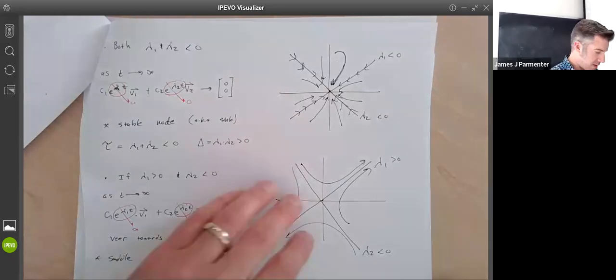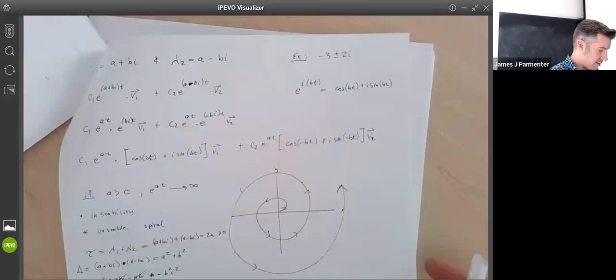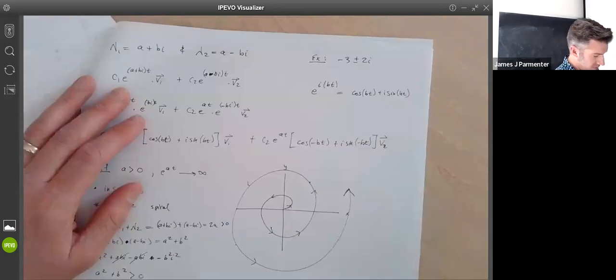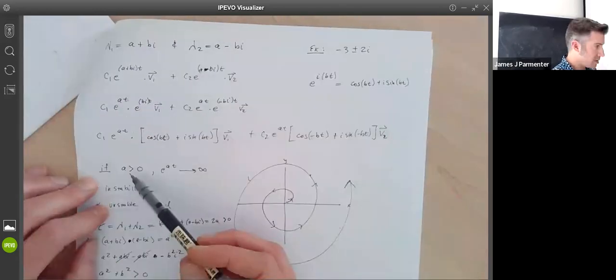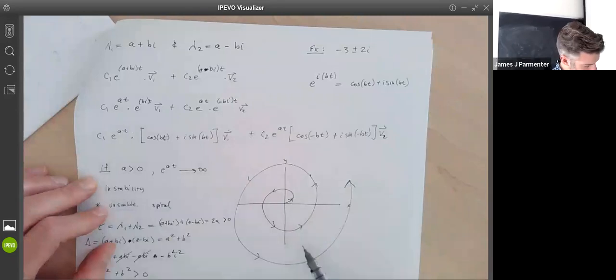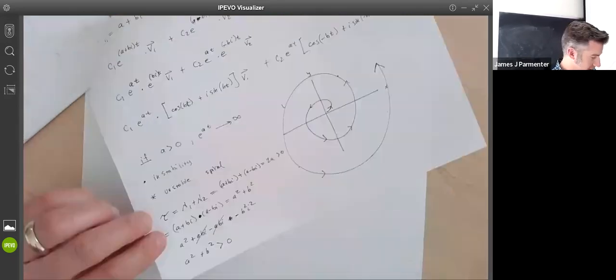We also mentioned how if you have complex eigenvalues and the real part is positive, you have an unstable spiral. And I was going to say, but ran out of time, but now we're going to say that, on the other hand,